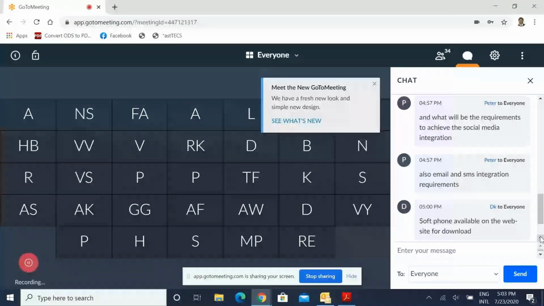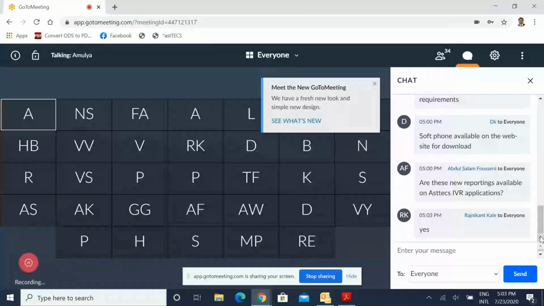Okay, then I think Kurian sir has answered. Soft phone is available on the website for download. We have sent a promo also on that. Okay, I think a particular Android soft phone is what Rajnikant wants, so that we will definitely discuss separately, sir.